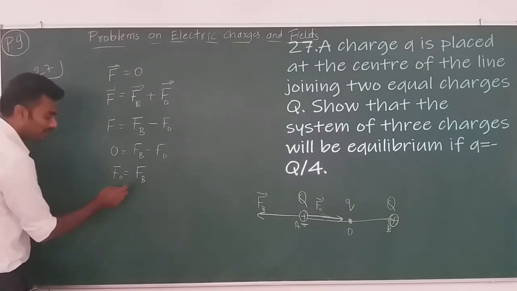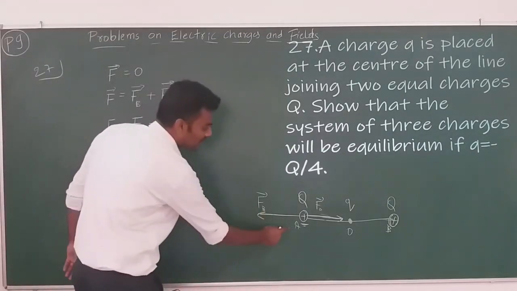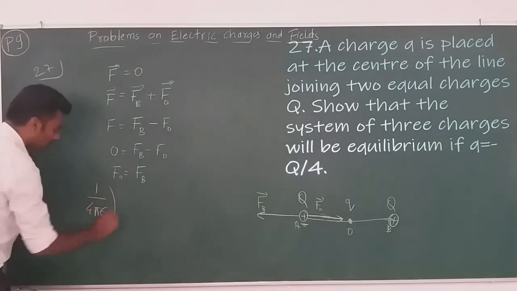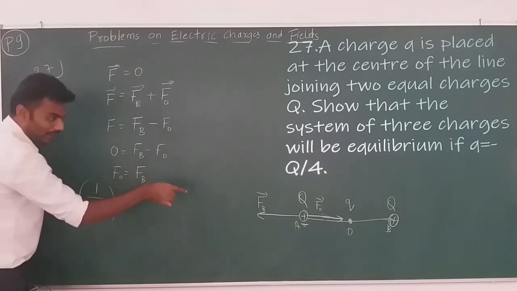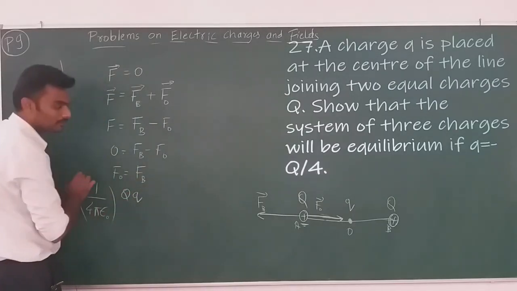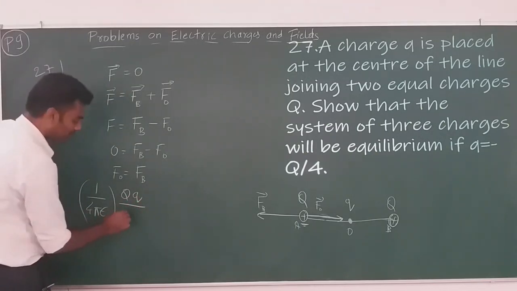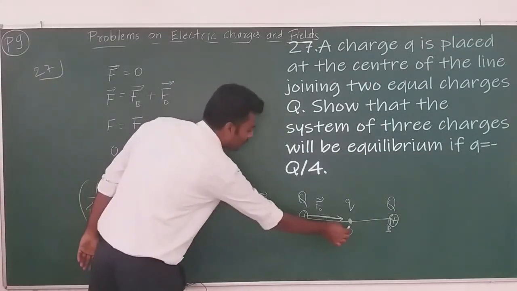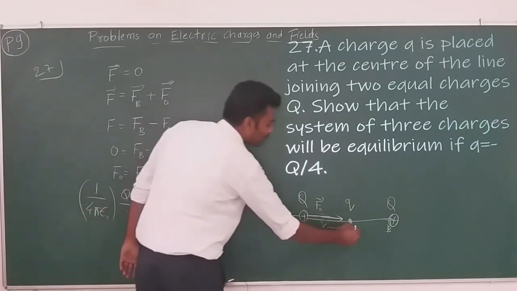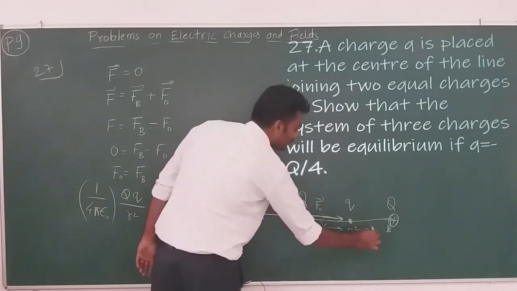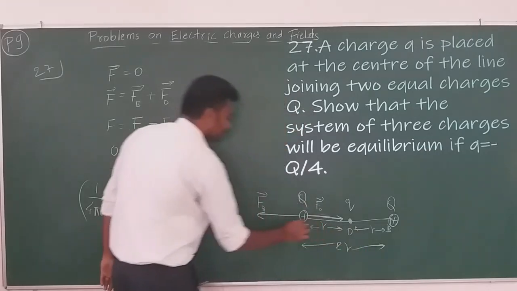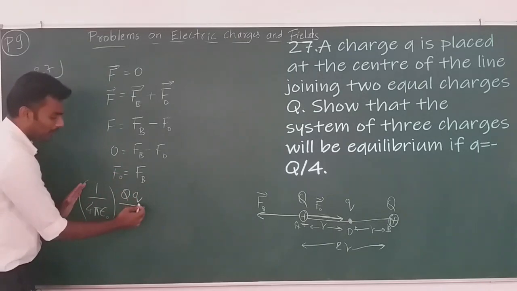What is the force between two charges? So FO is the force between charge A and O, which is 1 by 4 pi epsilon naught Q1 Q2 by r squared. What is Q1? Capital Q at A. Q2 is small q, by some distance of separation r squared, which is AO, this distance. Now look at this, if this AO is R, OB is also R and AB is 2R, right? Now this is the LHS part.